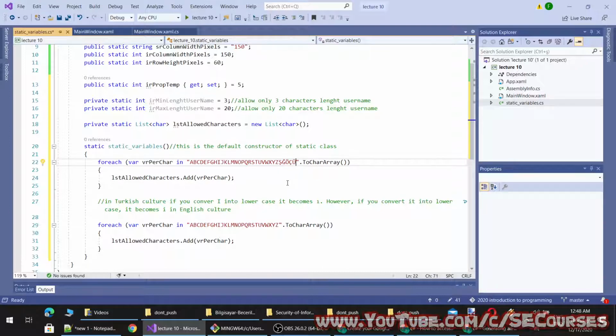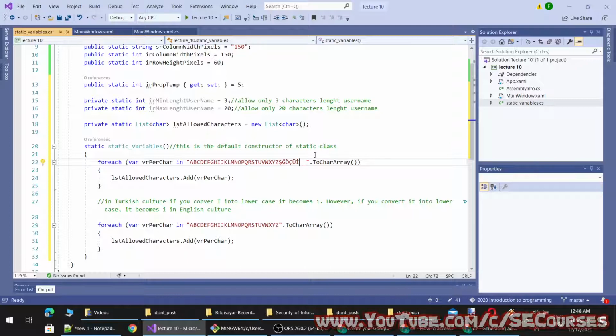What other characters will I allow? I will allow the space character and this character in the username. What other character may I need? I'm checking. This one. Okay.